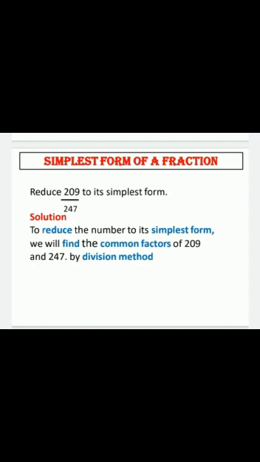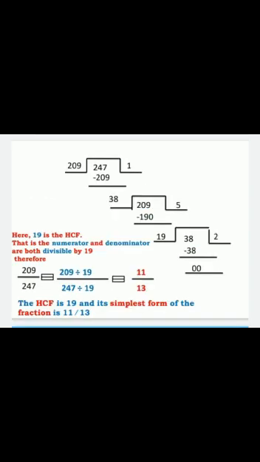Simplest form of a fraction. Reduce 209 upon 247 to its simplest form. Now children, we have done the simplest form in our lower classes. Now here, to reduce the number to its simplest form, we will find the common factors of 209 and 247 by the division method. As I had told you, we are going to find the common factor